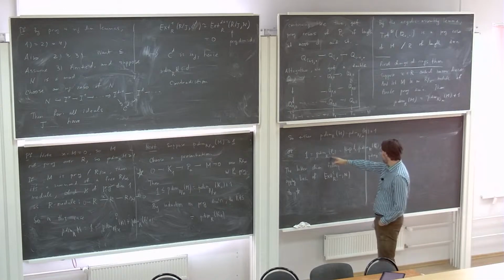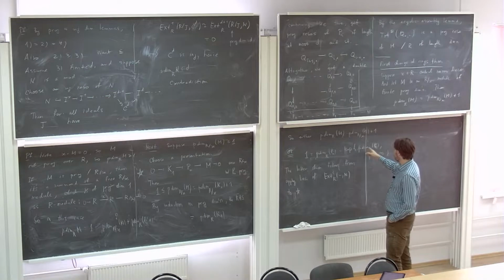So I'll see the Ext^1. If both of these were 0, I would be getting no Ext^1. So I need to be